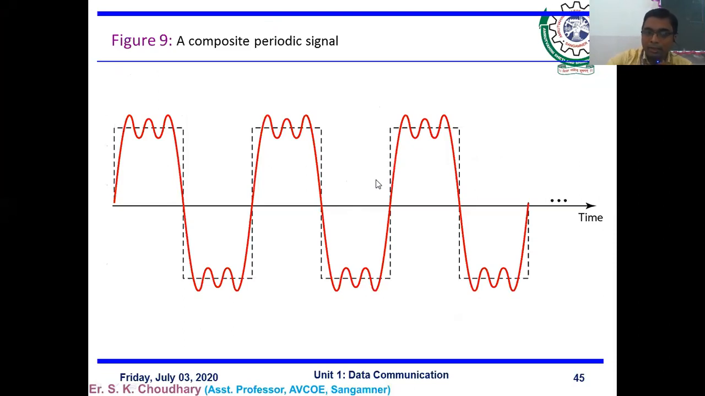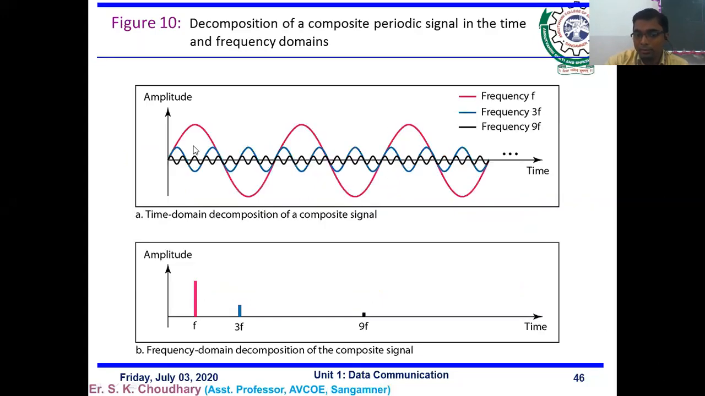It is a square wave in the dashed line. A square wave is a combination of an nth number of sinusoidal signals. Here there is a single frequency, so this kind of representation is not useful in data communication. But if you consider this square wave as having three different sine waves, having three different frequencies in this figure,